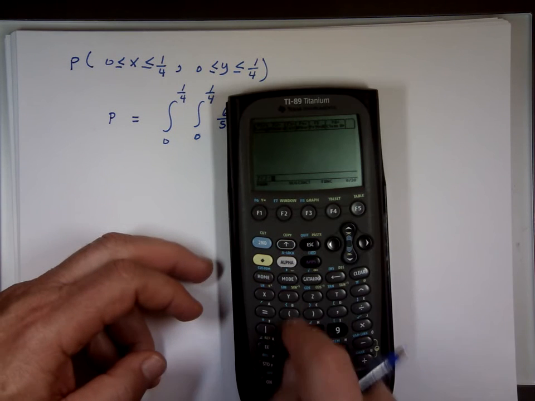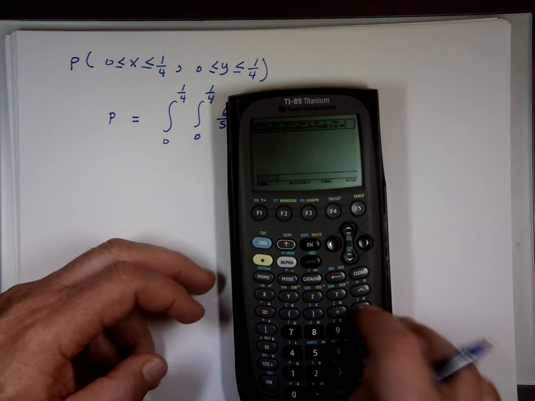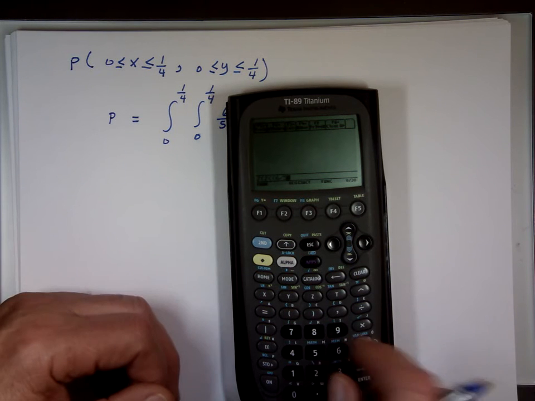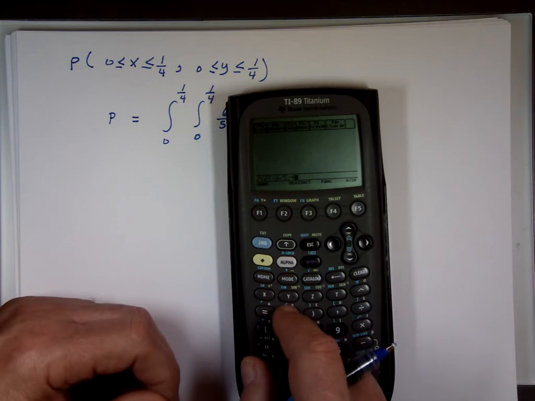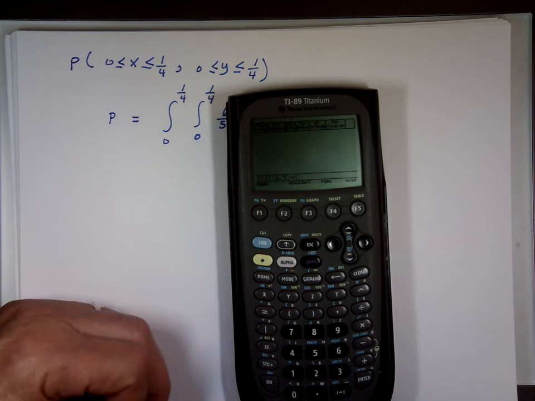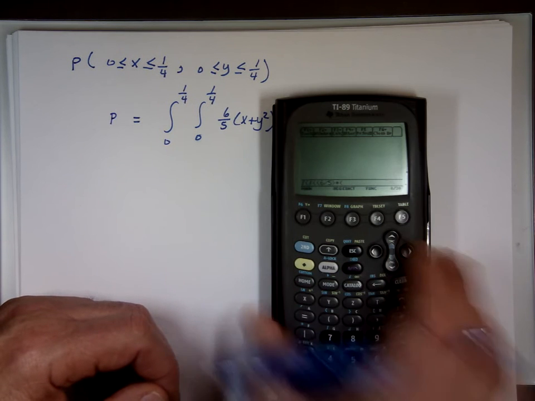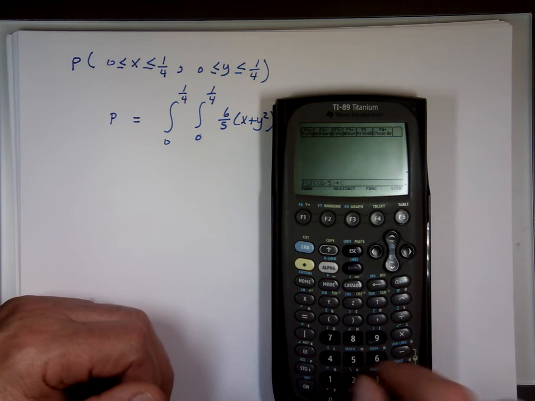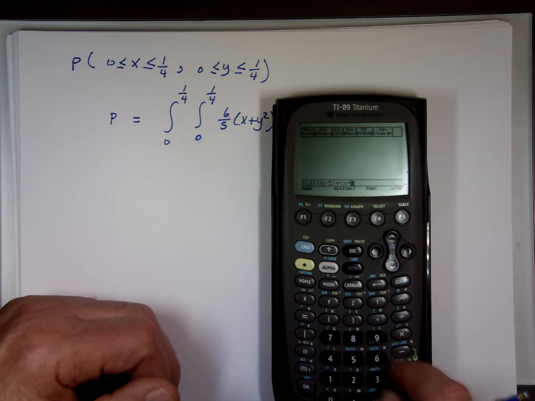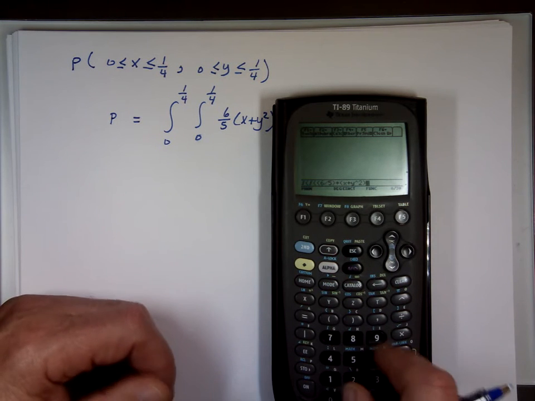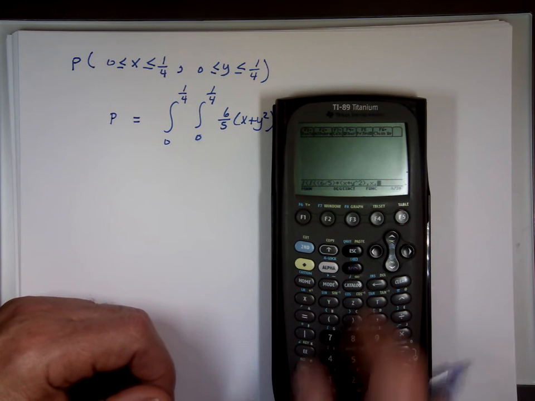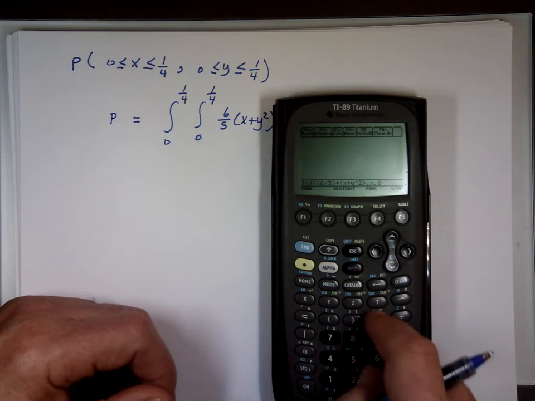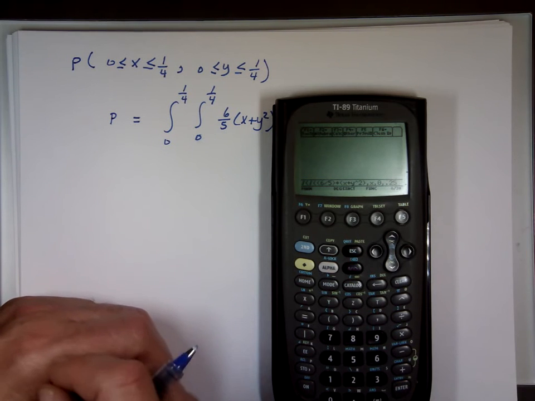So a parentheses 6 divided by 5, which is 1.2, times, make sure you put the times, another set of parentheses, what was it, x plus y squared? X plus y to the power of 2, close parentheses, comma, do x first, comma, x goes from 0, comma, to 0.25. Close the first integral,